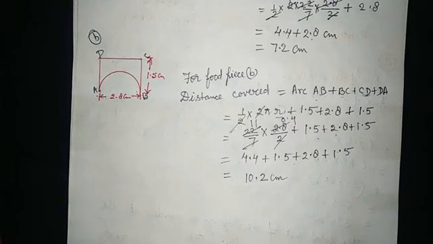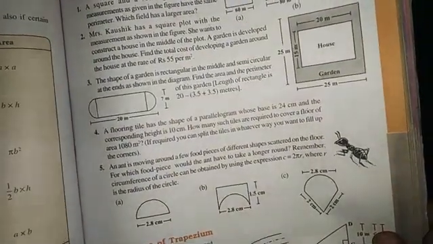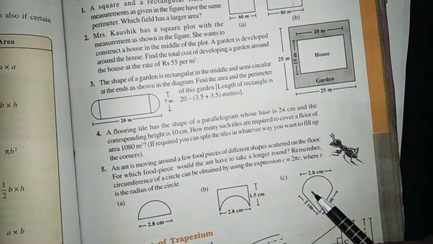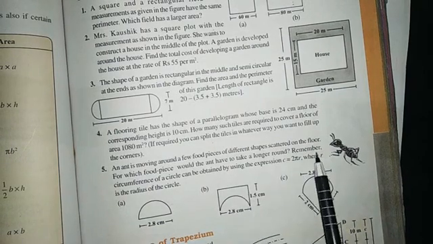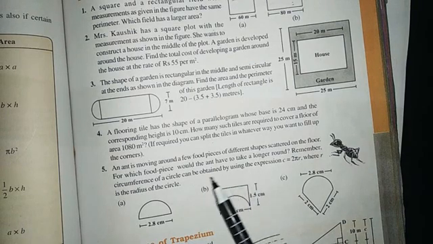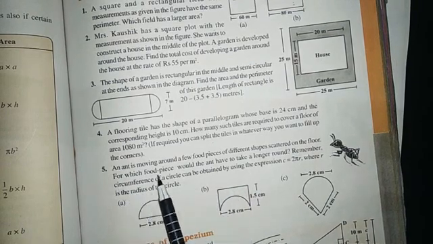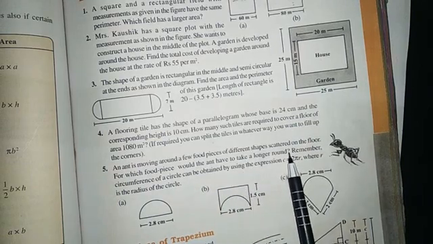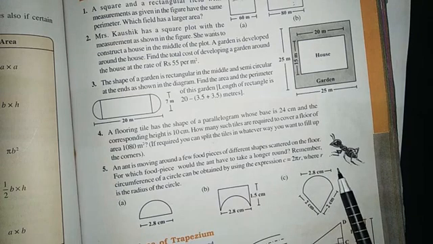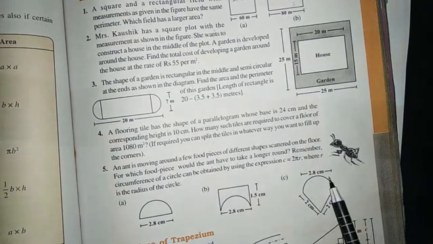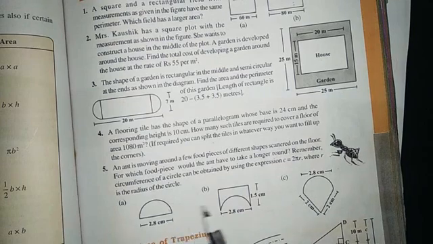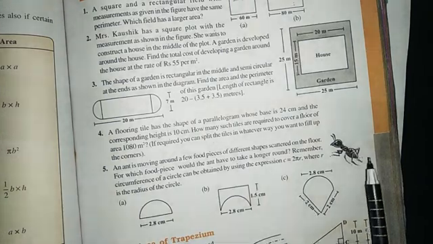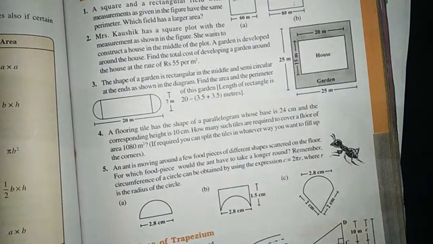Now children, C part, for this food piece C, you will calculate yourself. Okay, here you will calculate the distance covered by the ant, and after that you will give your answer for this question. For which food piece would the ant have to take a longer round? Okay, students, you will solve C part, and after C part you will see very carefully for which food piece the ant takes a longer round.